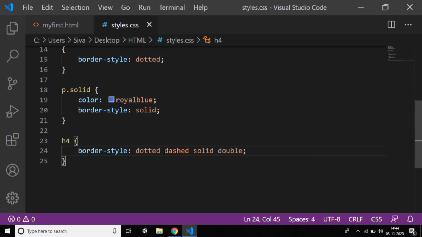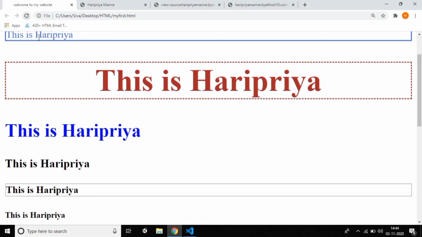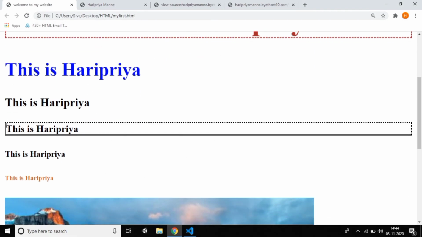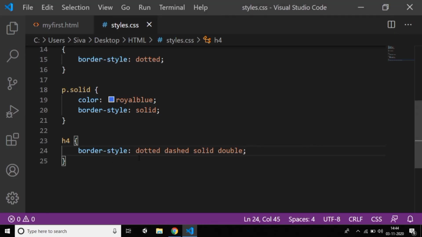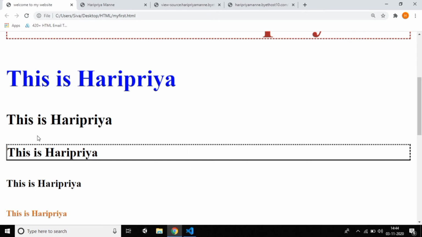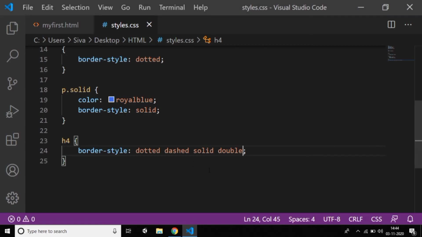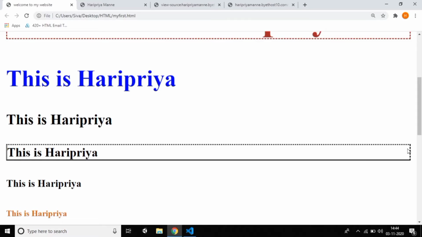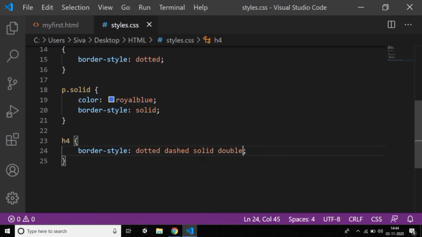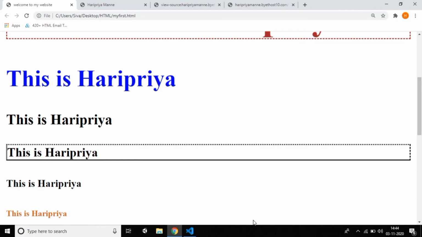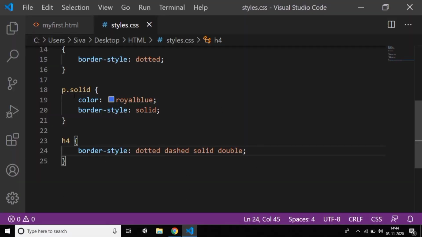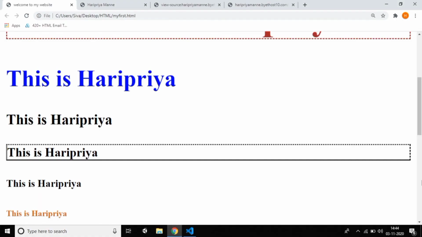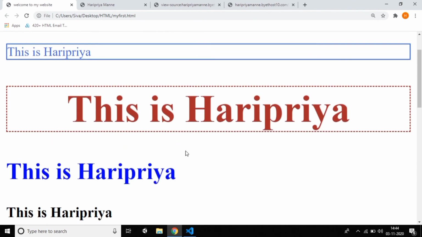I'm using multiple values, pressing Ctrl+S and reloading for the H4, and you can see that the four sides are different. Dotted took the upper side, dashed took the next side, solid took the bottom, and double took the left side. This is all about borders. In one single one I showed four different borders. I hope this is a clear explanation of CSS borders.